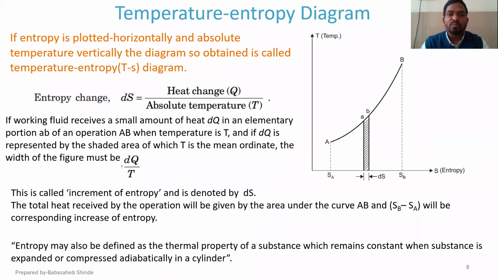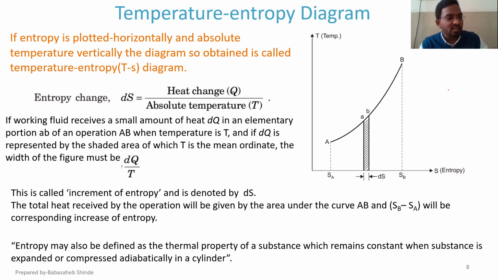Now today we are going to begin with temperature entropy diagram. So what exactly is a temperature entropy diagram and how it is going to be useful. So temperature entropy diagram is basically a plot between two properties. The first one is temperature and second one is entropy. It is just like PV diagram. When you plot pressure on y-axis and volume on x-axis, you will get PV diagram. And in case of PV diagram, area under the curve gives us P into delta V.